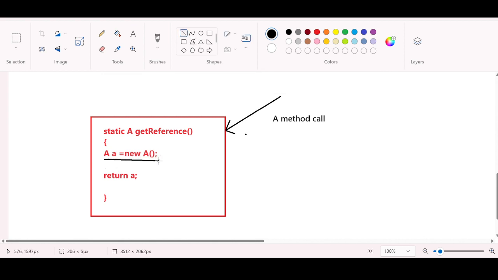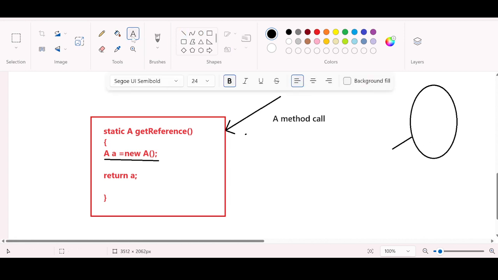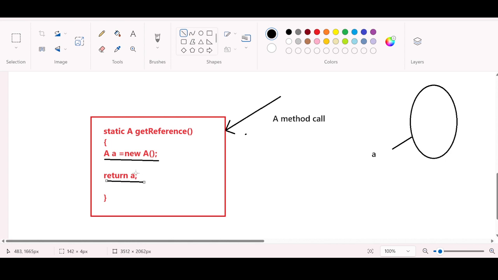The first instruction is object creation, the new keyword. Because of the new keyword, a memory space will be created, right? And it is going to have a variable A. It is returning the reference itself. And if I call this method for the second time,